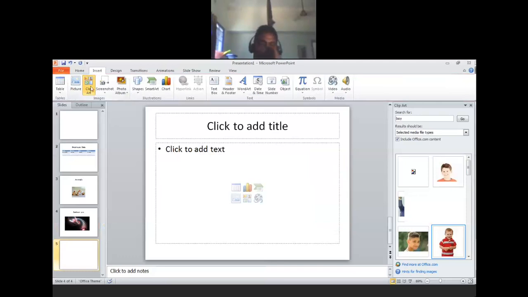That's clip arts. Clip arts means within PowerPoint itself, so many varieties of pictures are there. But if you feel you don't like this kind of picture and want something different, there are no other options. We have to go to Google, same thing we did last time. Go to Google and search, then download. After downloading, you can keep it on the desktop or C drive or D drive. After that, come back here and insert it. That's the normal process.